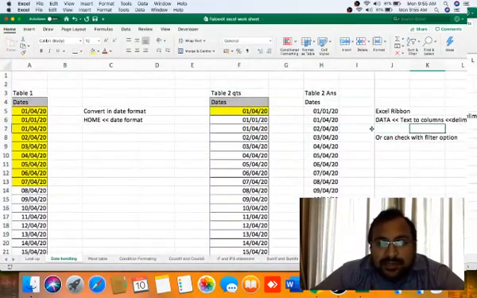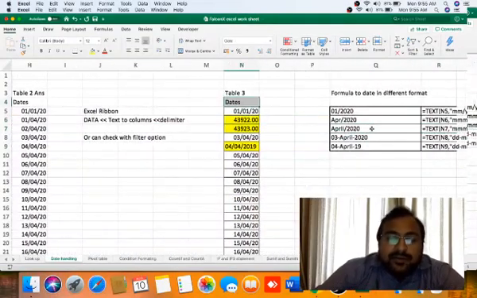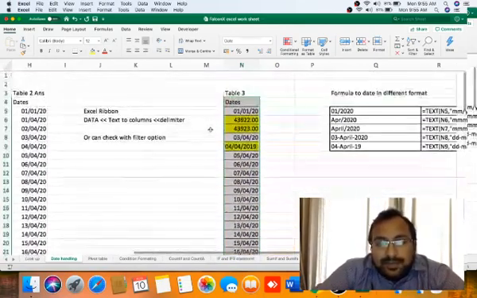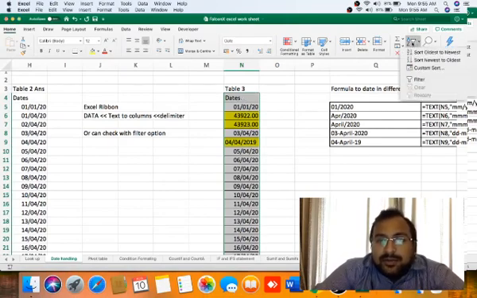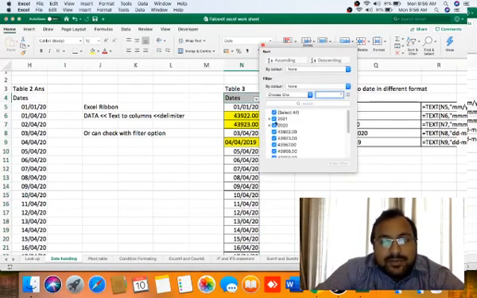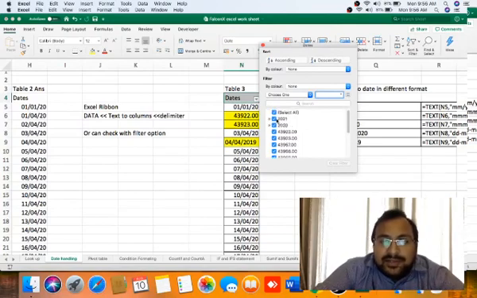Now let's see one more method of rectifying date. If the dates are wrong, it will not group itself properly. Let me show you what I meant. Now I have selected the date column. If you want to check whether the dates are in the right format or not, you can put that column into a filter like this. Under the Home tab, Sort and Filter, I have inserted a filter. Now if dates are not proper, as you can see, the dates which are not proper do not club themselves in a yearly format.